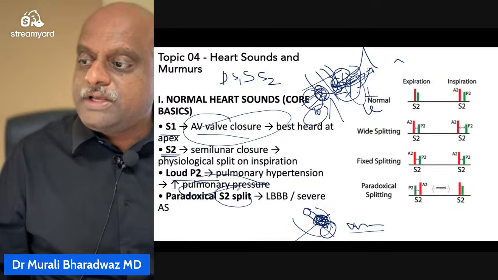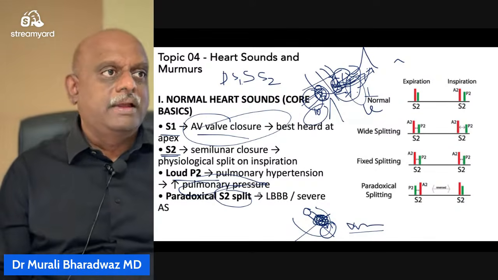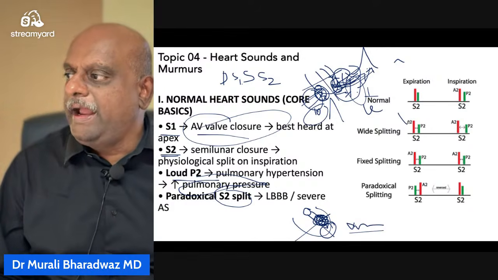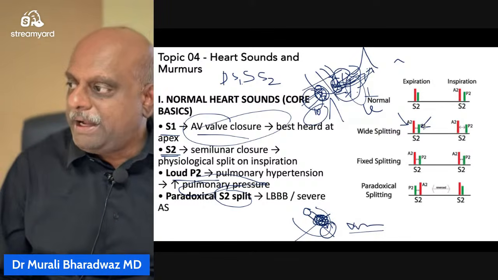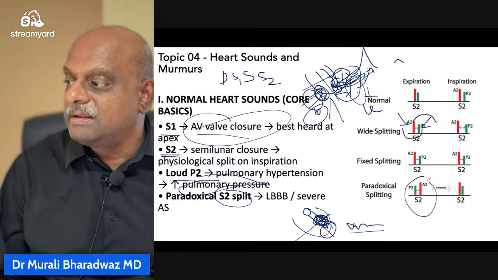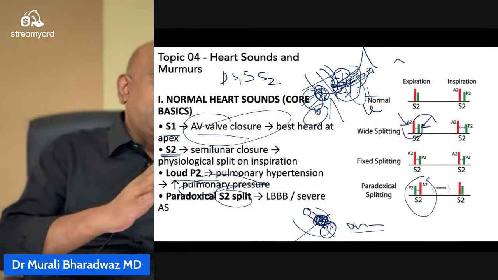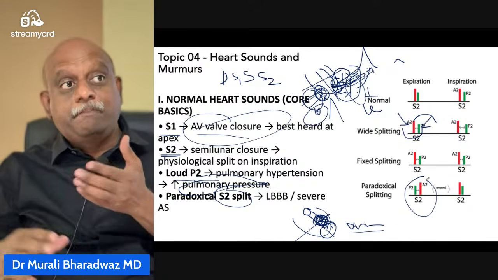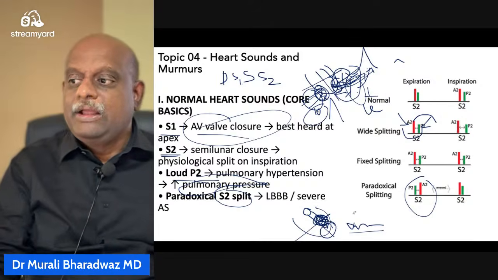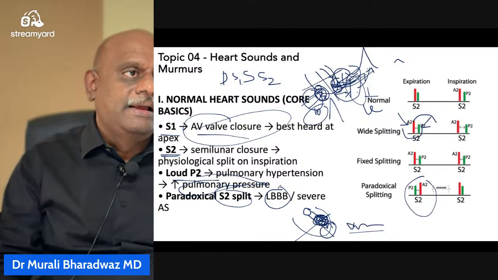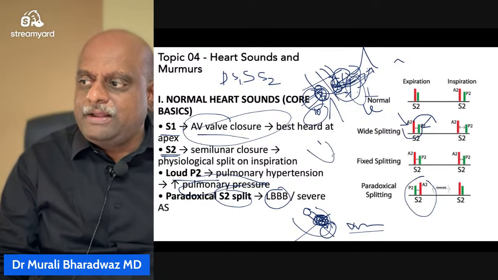Then what is paradoxical S2? Paradoxical S2 means, normally what should happen? A2 first, P2 next. But the A2 got so much delayed that P2 will come first. Anything that delays aortic valve closure, so delayed that in fact P2 will come first. That happens in left bundle branch block. Why in left bundle branch block? Because